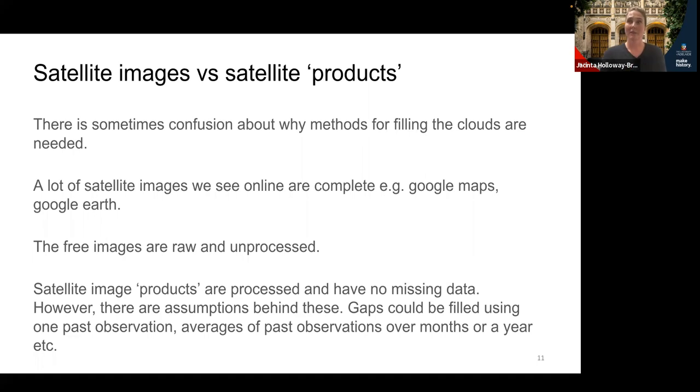If you can find a product that exists, that has been pre-processed and it's for the area and the time period that you are interested in, then that's great. Unfortunately, it just is rare that it will be provided for the particular problem area and time frame that you're interested in. So I just wanted to clarify the difference between the images and the products.